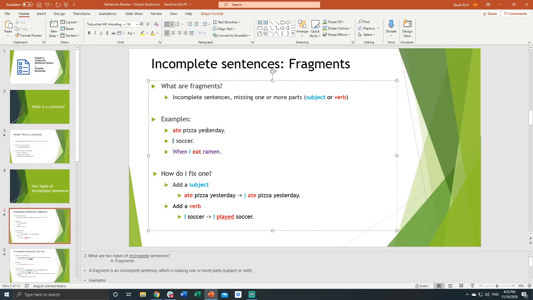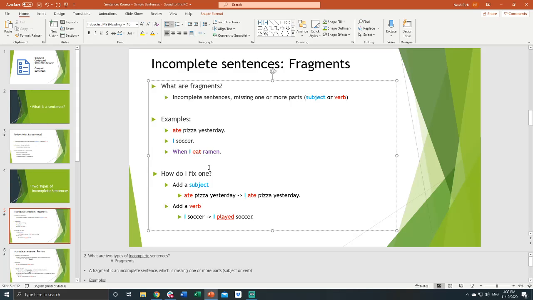And in this one, the verb is missing, which could be "played." I played soccer. And this one has a subject and a verb, but it is still an incomplete sentence. This is a special case, and we are going to talk about this today in